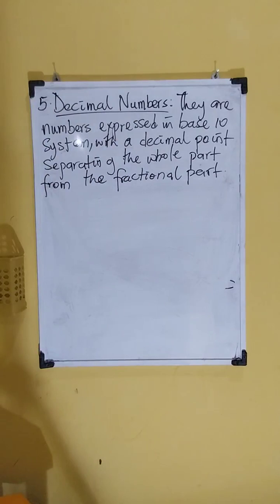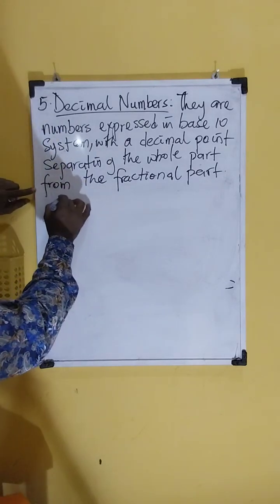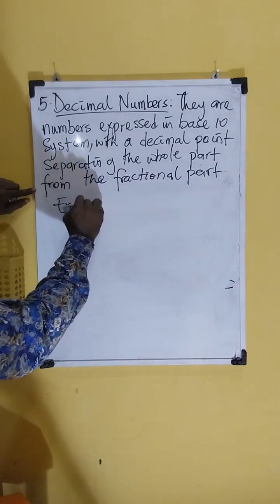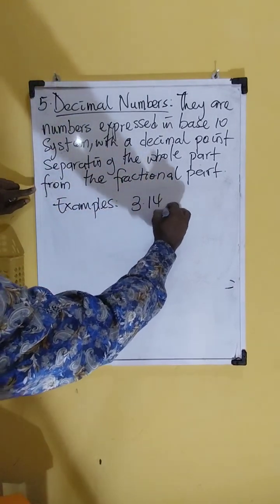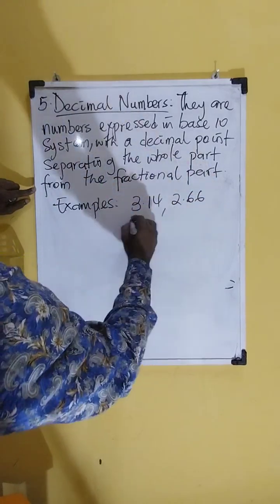Decimal numbers are numbers expressed in base 10 system. I said that because you may not see it exactly the way it is in your course material. They are expressed in base 10 system with a decimal point separating the whole part from the fractional part. So that is what decimal numbers look like. Examples of decimal numbers are 3.14, 2.66,